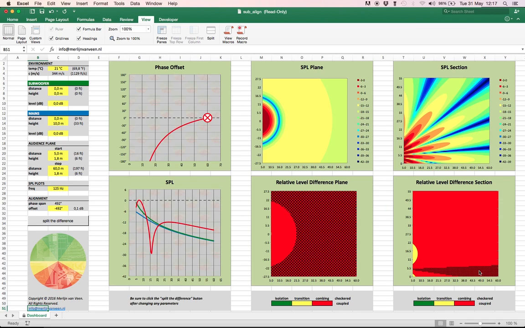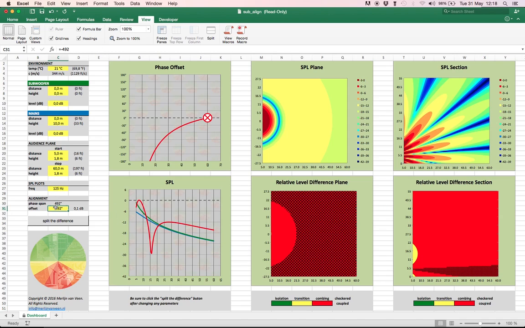And funny enough, this portion where we are coupled is being reflected in the SPL section view. This lobe, this central lobe, this is the lobe where we are on top of the phase wheel. This is where we want our audience, or the majority of our audience, to reside. And by moving that alignment position further to the front, we will see this searchlight of coupled sound, of coupled combined output of both subwoofer and main speakers, move, tilt down, if you will, scan the audience from back to